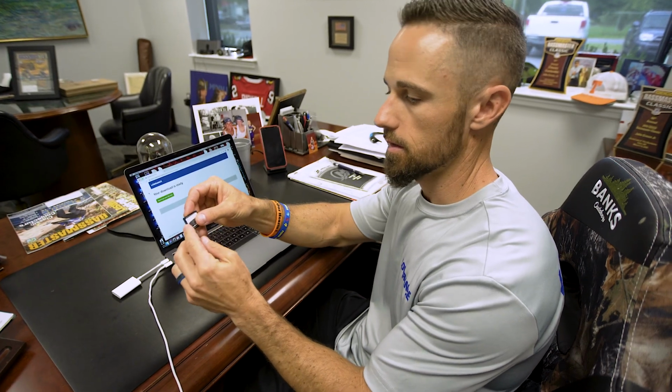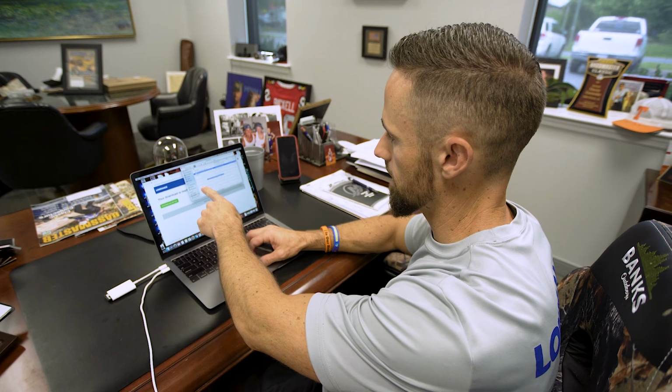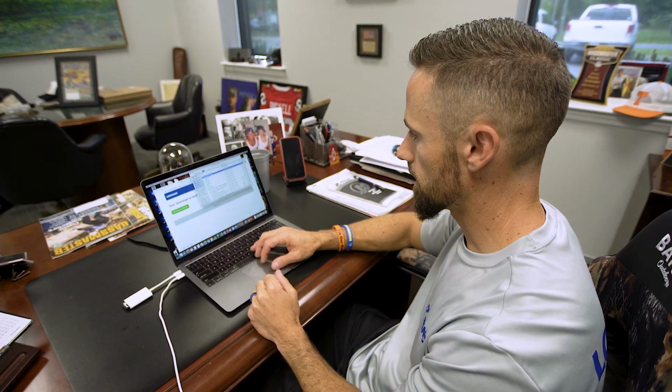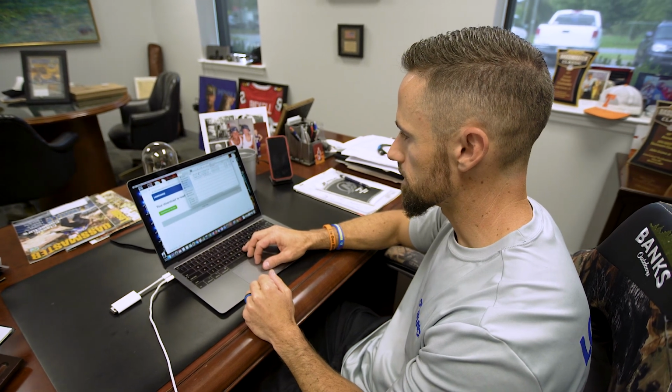All right, we came back to the computer. Taking my micro SD card, I'm going to stick it back in the full-size SD card, back in the reader, and then I'm going to pull up my Finder, go to my card, and now that I'm done with this HDS Live update, I'm going to take that off the card, get that out of there, and then we're going to go back over to the other updates. I'm going to update that carbon unit real quick before I do the other one. So I'm going to go here to the folder. I already have the Lowrance updates. Take the HDS Carbon update,